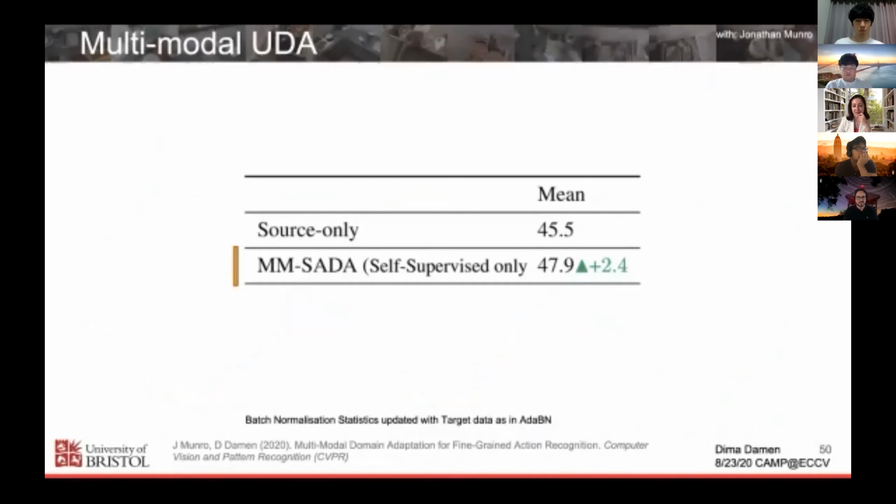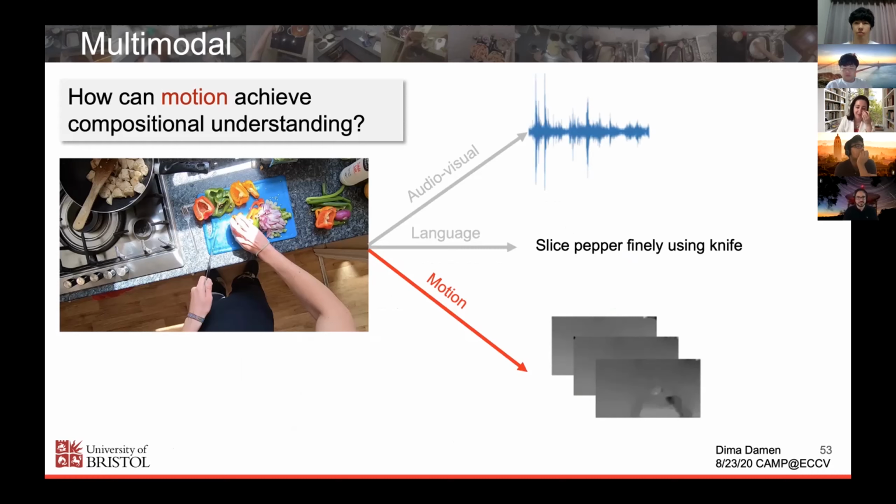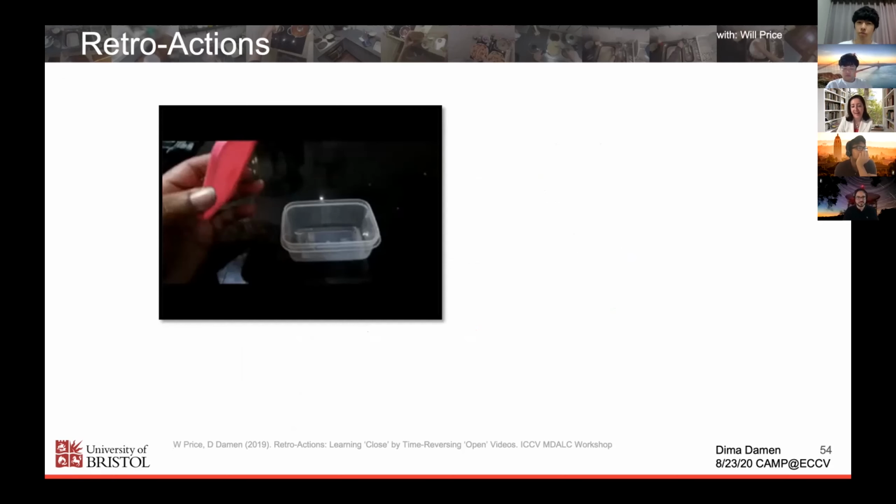But this is an attempt we've done at using motion to achieve this compositional understanding and thus generalizability to new actions. Right, there is another work that we've done. It might not look very obvious how you can use it to achieve compositionality, but with a bit of a stretch, I hope you can see the intention. So we're going to look at the video and I'll ask you to label that video. What action do you think is observed in this video?